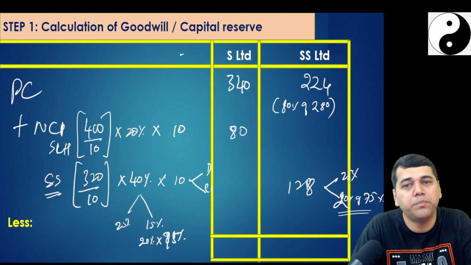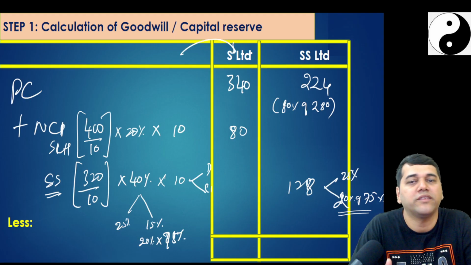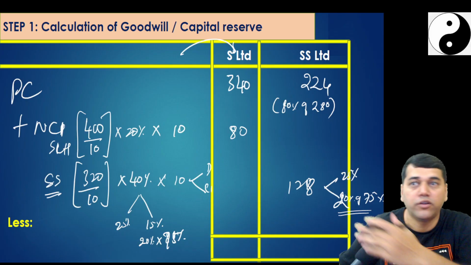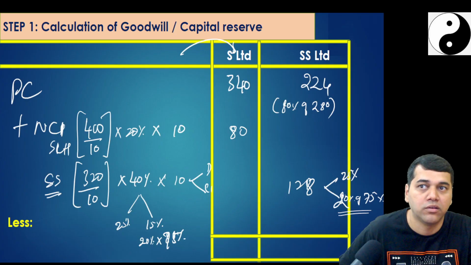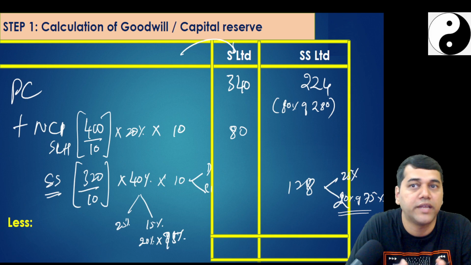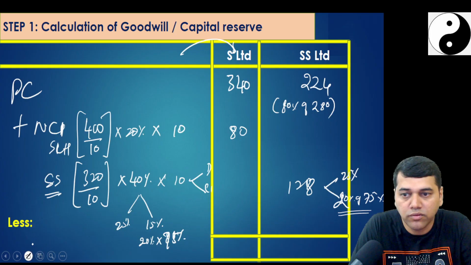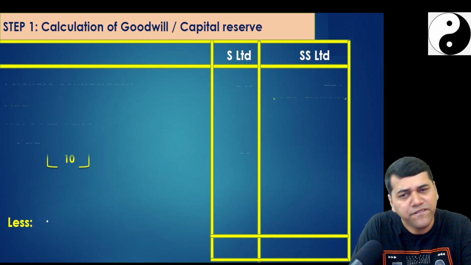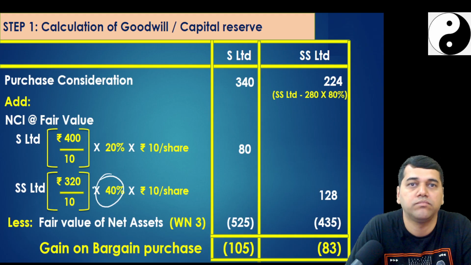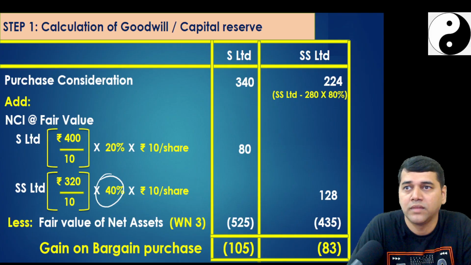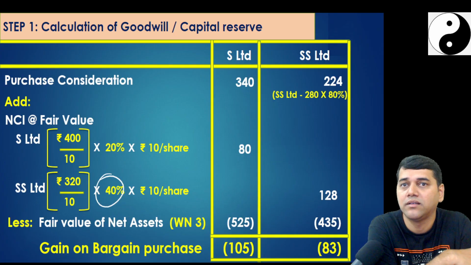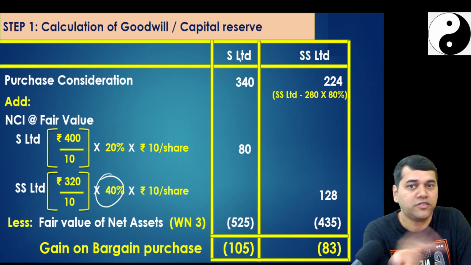No, 340, because P is invested. When you talk about S, you don't do any adjustment. It is normal consolidation, like what we have done with Krishna, DF, Rama and all. It is only when it comes to investment in SS that this is what you do. And one more simple thing I will tell you: every place you have to consider NCI 60-40 and you have to treat it as if you forget about intermediate S there.